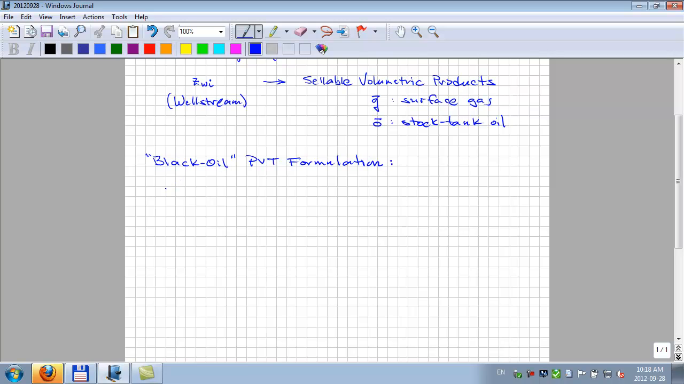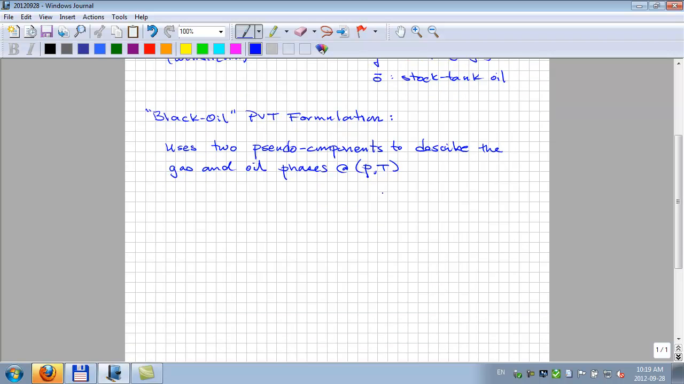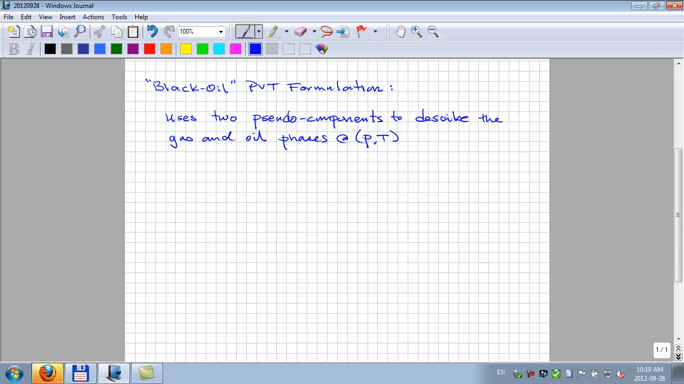So essentially it's going to use two, I'll call them pseudo components because they're not really components, to describe the gas and oil phases at whatever pressure and temperature we're interested in. It might be reservoir pressure and reservoir temperature. It might be within the production tubing or wherever, but the point is that we're going to use two pseudo components to describe the gas and oil phases instead of what we've been talking about,